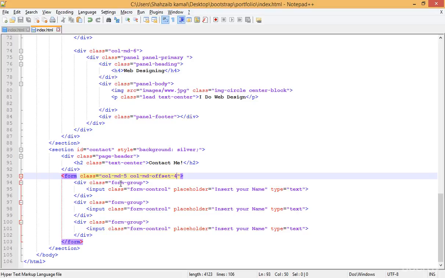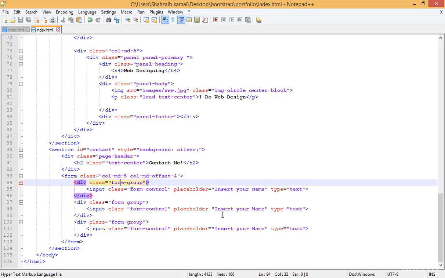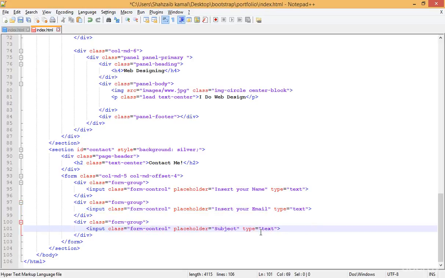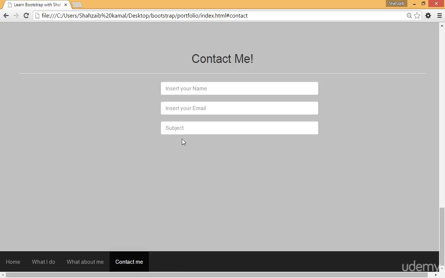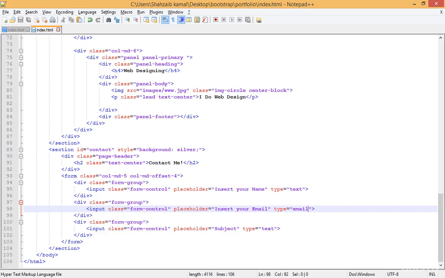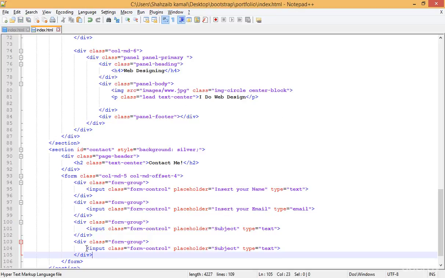By the way, what I'm doing more, first of all, this shouldn't be the name, this should be the email. Insert your email, and then this should be the subject. Save, and then this should be the email as a type. So save that and refresh that back. Now you can see the element which I wanted, and then add the last element, add the div, and then remove this and let's type the